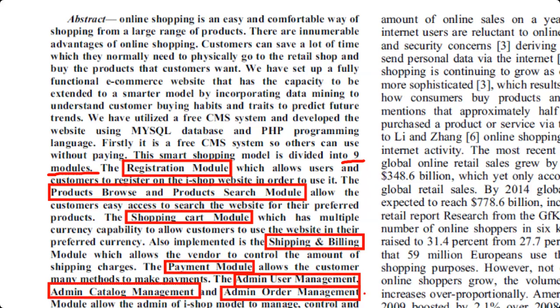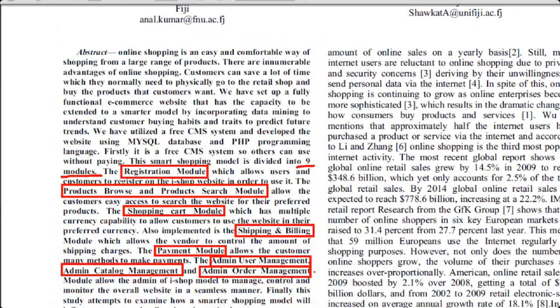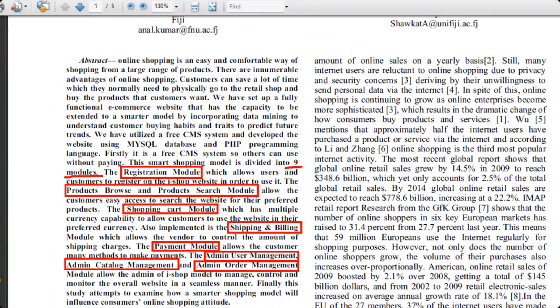These are the modules this project is having. That means registration module. The purpose of this module is that users can register. Customers, users can register. Products module allows you to browse the products and search the products that are provided by that shopping site.